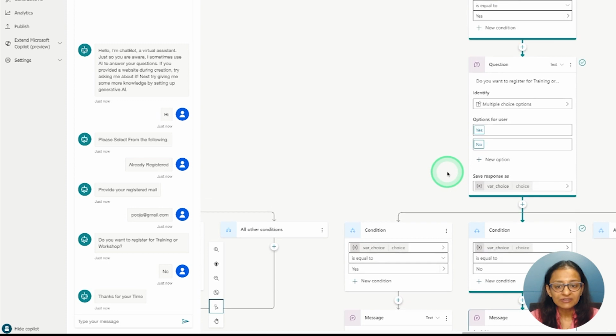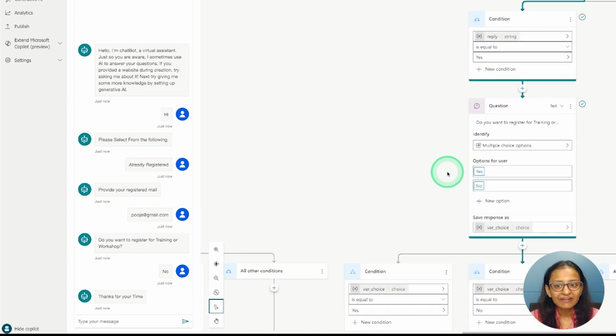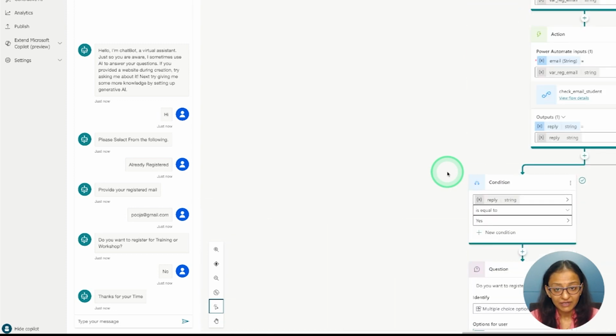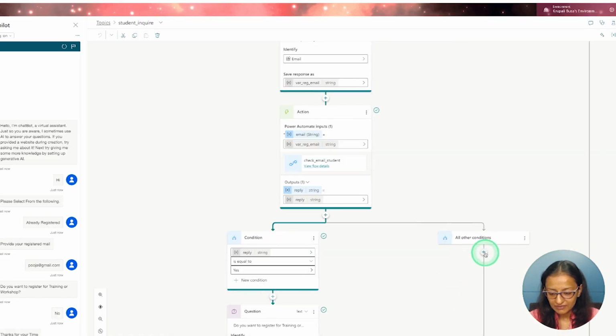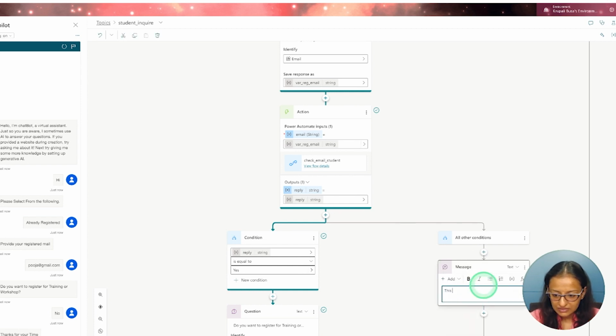If the student is already there, then that's what happens. But sometimes the student is not registered, then I should tell the students that you should register with us. So for that I will send a message that this email is not registered.